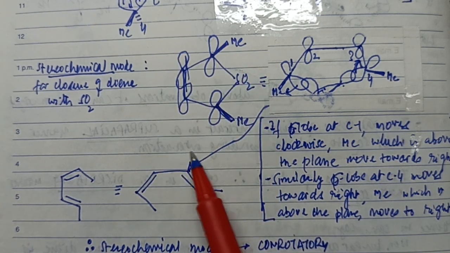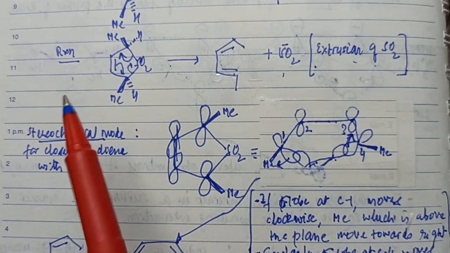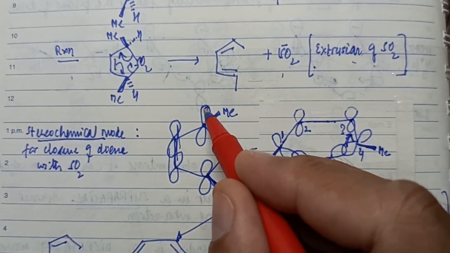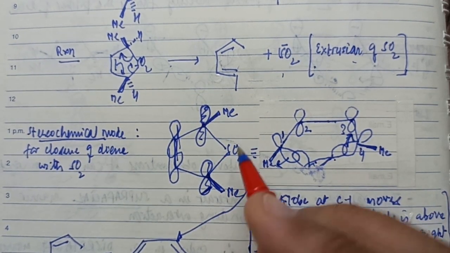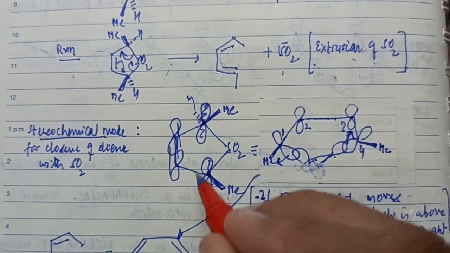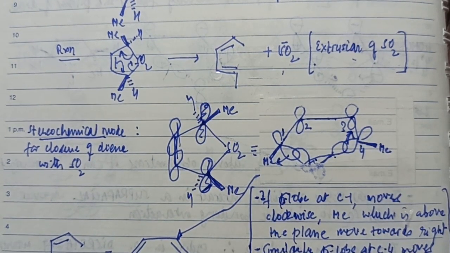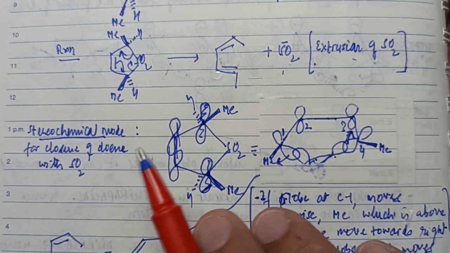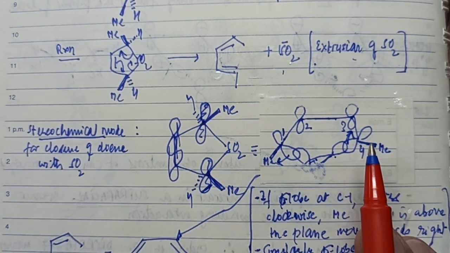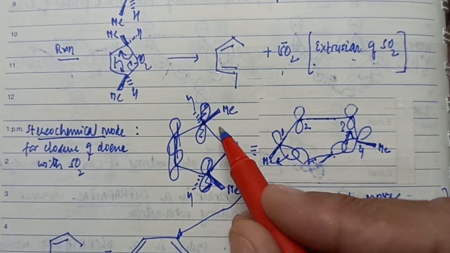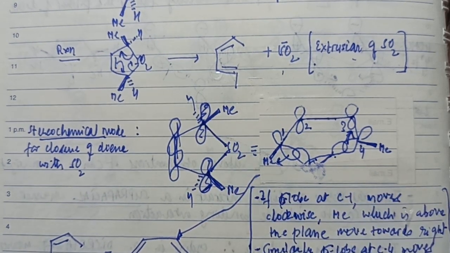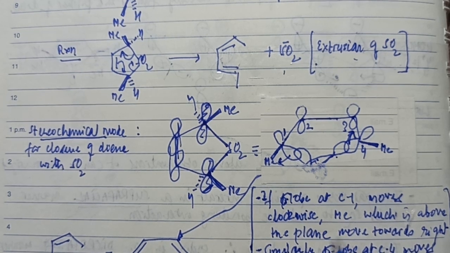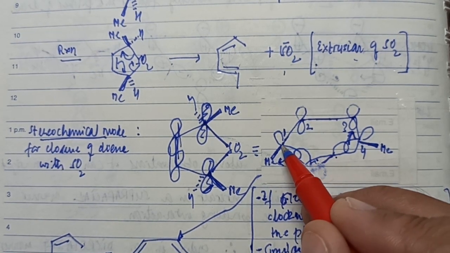This is the orbital picture of the molecule. As you can see, these are two p lobes. In fact, there should not be a lobe here. This is wrongly drawn. There should not be a lobe here. This should be hydrogen here. This should be hydrogen here, right? So two p lobes forming the pi bond. I can draw this molecule in this way also. I have just rotated the molecule and written it this way. This bond is a sigma bond. This bond is a sigma bond, which has to break in the reaction, and sulfur dioxide has to be extruded. Let's say this is the sigma bond here.